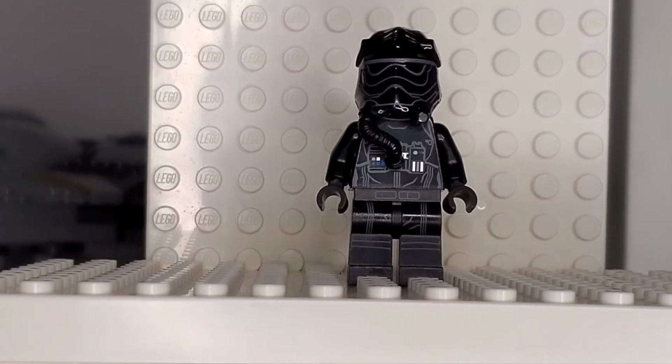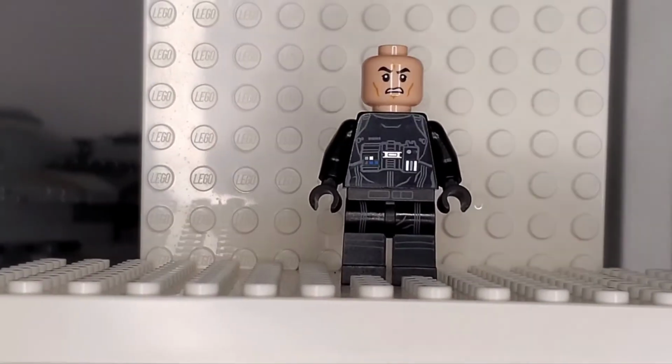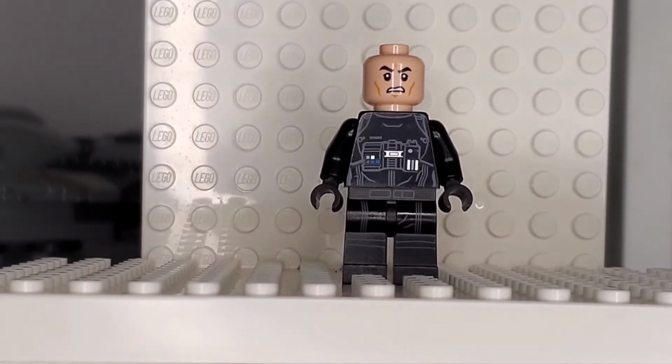And then the helmet has some dark gray detailing so that you can kind of see the mouth and the eyes themselves, because even though it is pretty dark, you can still see some of that detailing. Let's take this helmet off. Without the helmet, we have the angry face, which is to be expected of this era,